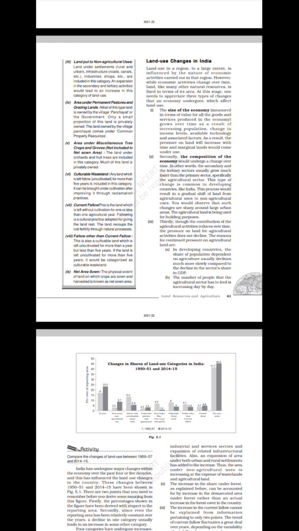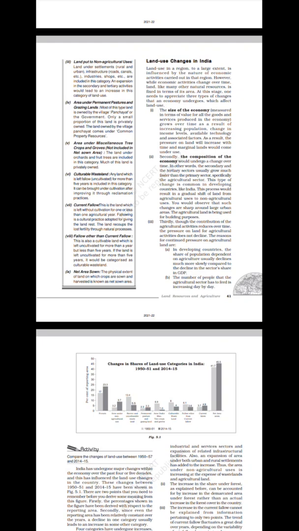You would observe that such changes are sharp around large urban areas. The agricultural land is being used for building purposes. Thirdly, though the contribution of the agriculture activities reduces over time, the pressure on land for agriculture activities does not